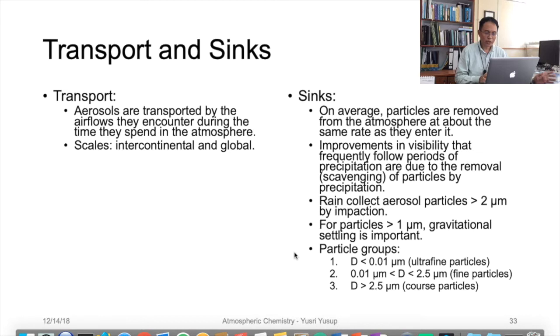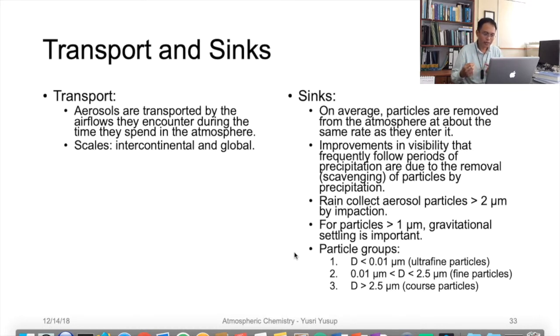Now we talk about the transport and sinks of tropospheric aerosols. Before that, we talked about the transport and sinks of tropospheric gases. Now, the tropospheric aerosols are transported through the atmosphere by the airflows they encounter. That means they are in the atmosphere, and then they are subjected to airflows when they are in the atmosphere,